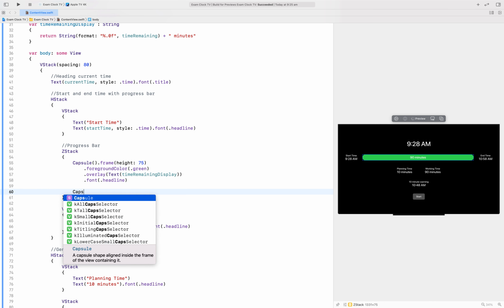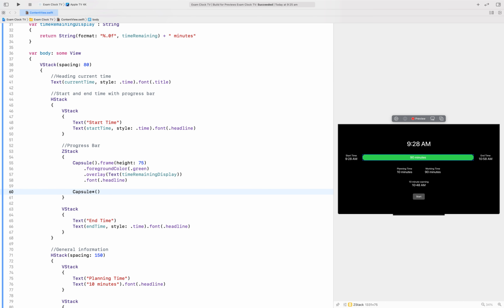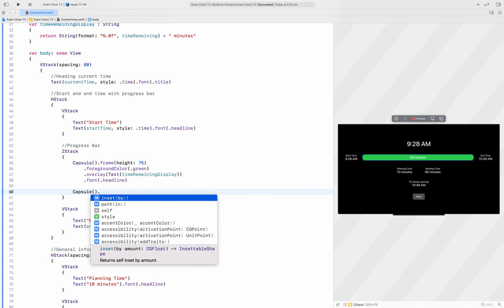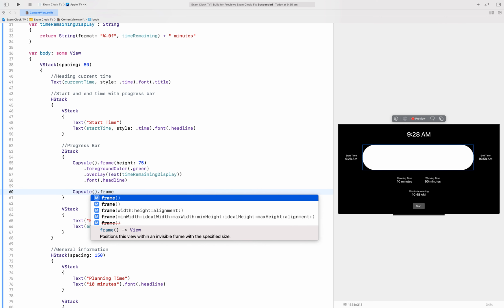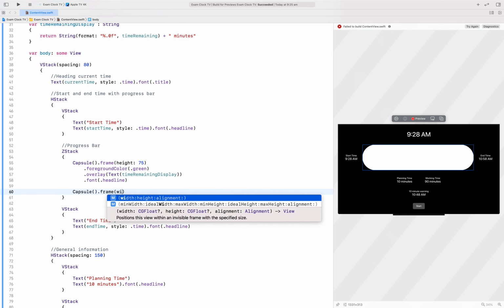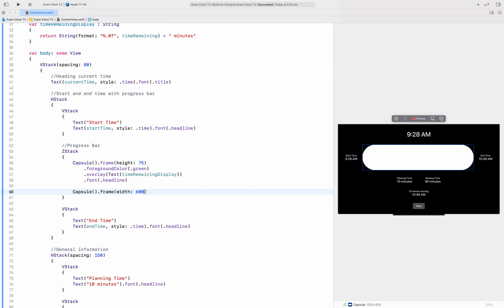I'm going to throw on another capsule, this with a frame with a width of say 600 for now. Now, as you can see, it actually increases in size to the available space. Rather than putting on 2